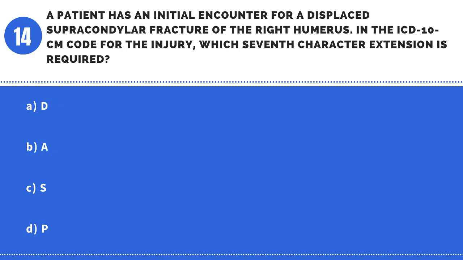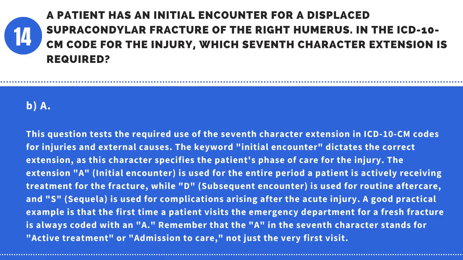Question 14. A patient has an initial encounter for a displaced supracondylar fracture of the right humerus. In the ICD-10-CM code for the injury, which seventh character extension is required? A. D. B. A. C. S. Answer: B, A. This question tests the required use of the seventh character extension in ICD-10-CM codes for injuries and